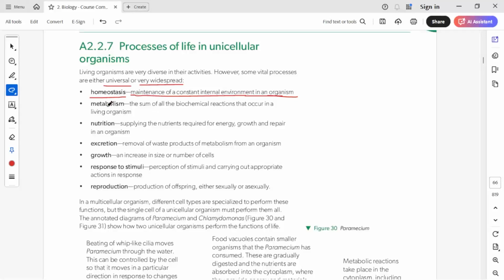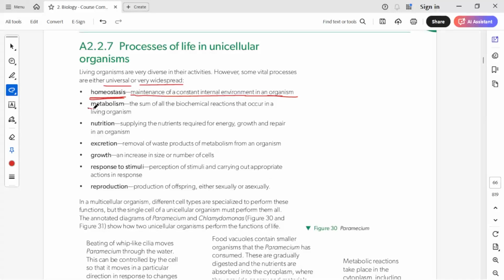The next process taking place in homeostasis: the first thing that is regulated or kept constant is temperature. Next is the pH of the blood, which is also kept constant. The blood pH cannot fluctuate, otherwise a person might die. These are the severe adverse effects of not maintaining a constant internal environment inside the organism, or if you call it a cell. So both of them have to maintain homeostatic conditions.